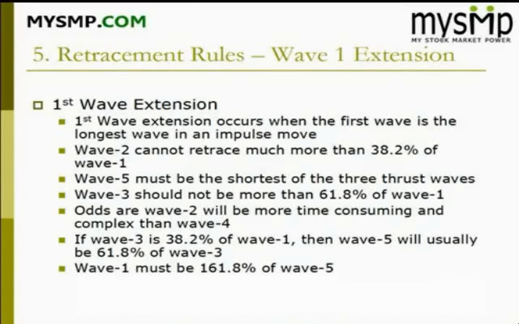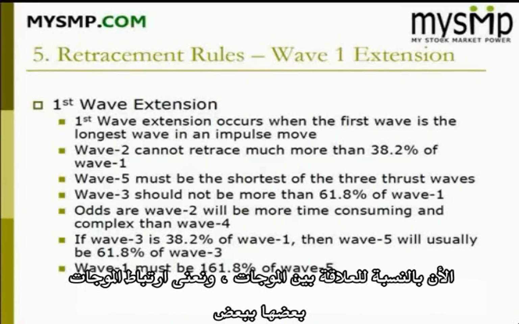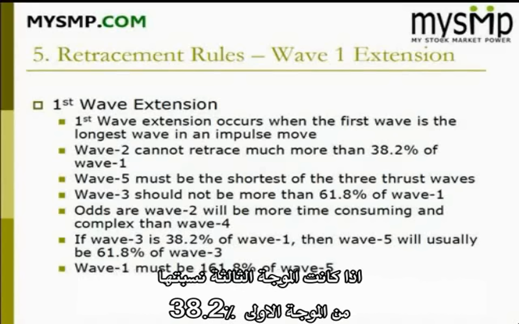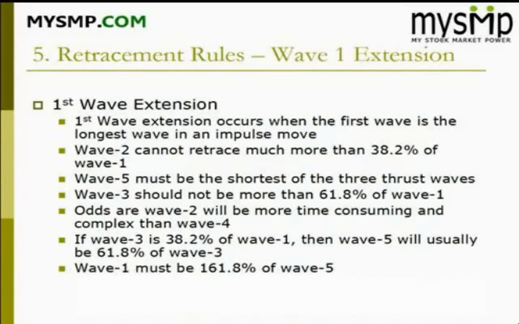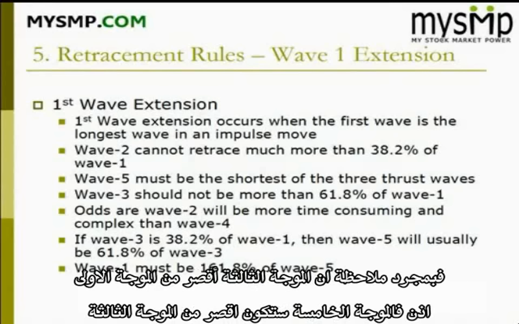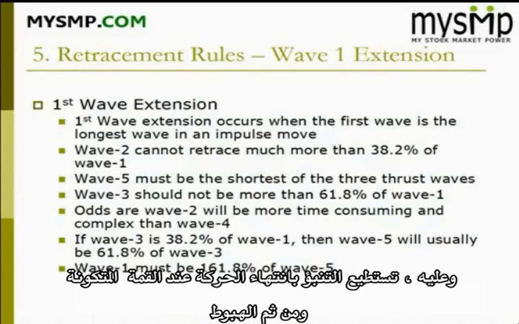Now, in terms of internal relations, meaning how the waves relate to each other, if wave 3 is 38.2% of wave 1, then wave 5 will usually be 61.8% of wave 3. So if wave 3 is a short wave relative to wave 1, then naturally wave 5 is going to be shorter than wave 3. So you get this terminal pattern going where the wedge falters at the top